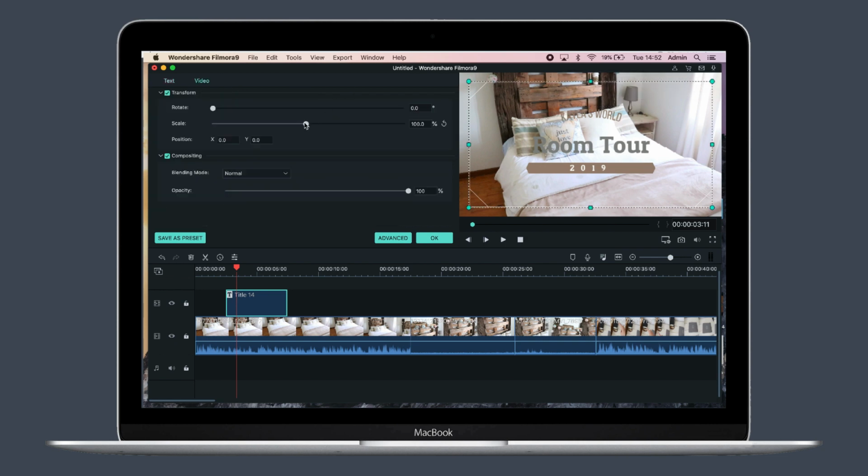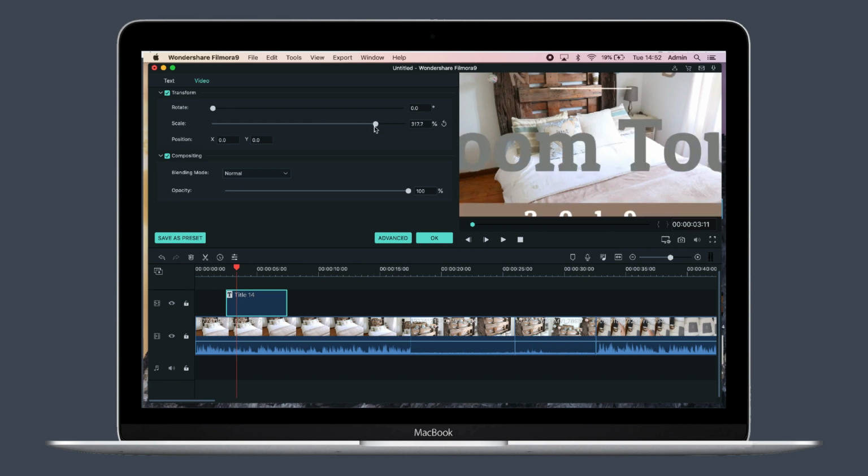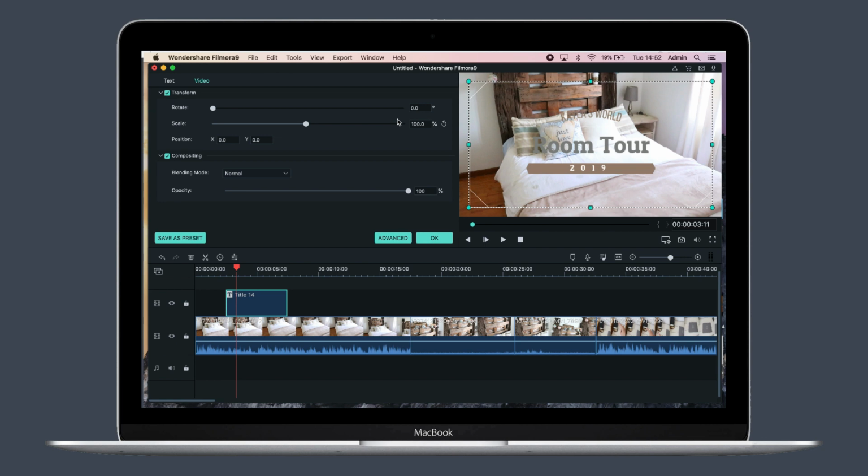So as for the video, I can scale it, so I can change the entire size of that. So let me just play around with that. So that's really big. I think I like it here in the middle, and then I can also just rotate that if I want to. And then if you click on advanced,